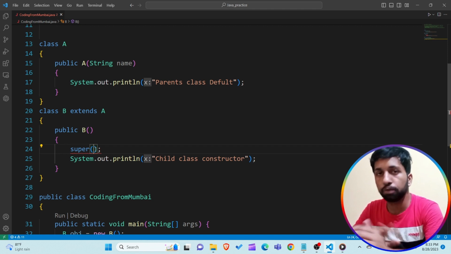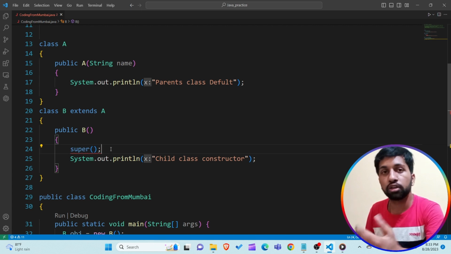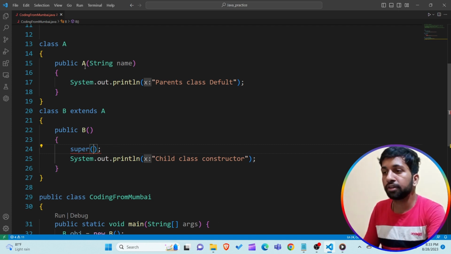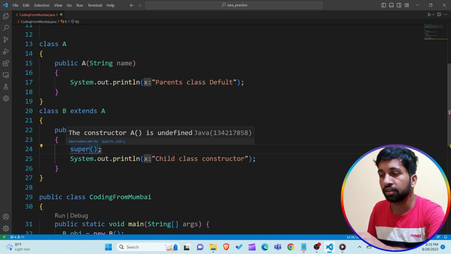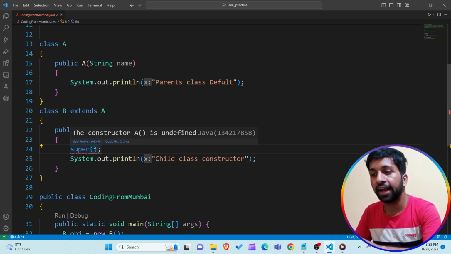So we have to write it here from our side, because Java always calls the parent's default constructor. The default constructor is not present, and this is the reason the error is thrown by Java. Understand what I'm saying? If I'm not writing the super keyword, Java always calls the default constructor, which is not present in the parent class, so the error occurs. If I want to call a particular parent class constructor, I have to write the super keyword with parentheses,